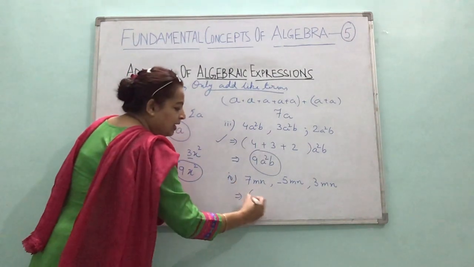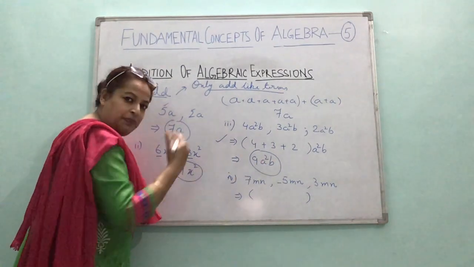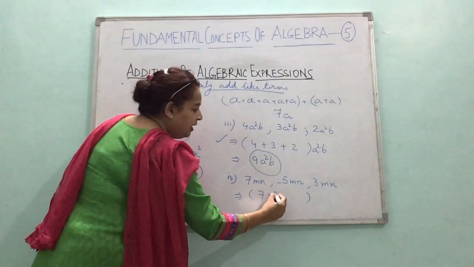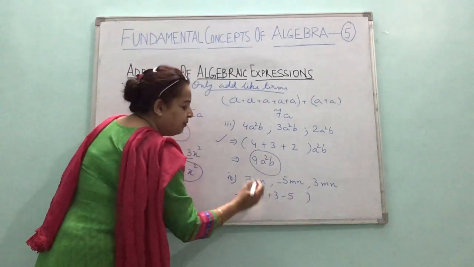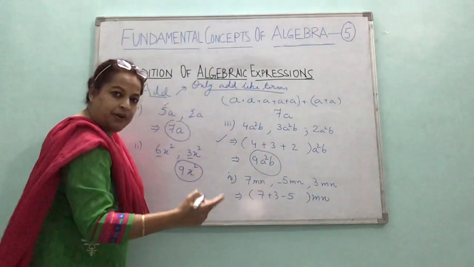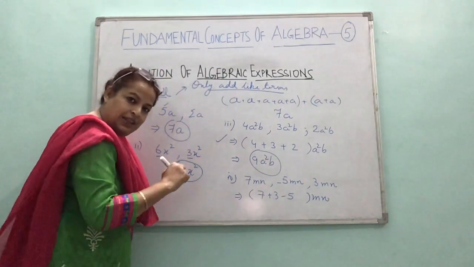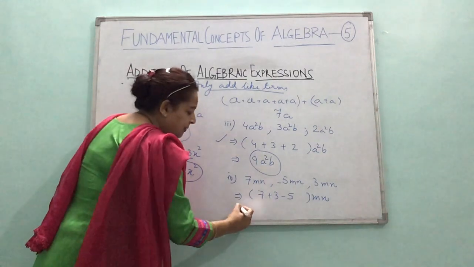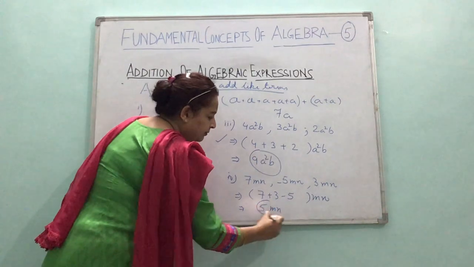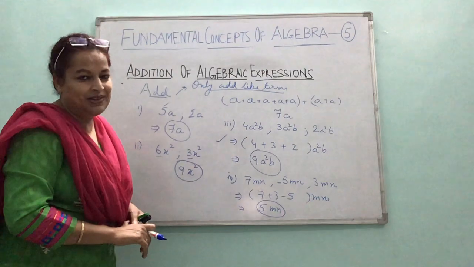The next step. Now, when there are minus ones, I've told you to put the positives first and then the negative. So it is 7 and 3 together and then minus 5. Plus 7 plus 3 minus 5. This literal part, the alphabet part, would remain the same. Now 7 plus 3, 10. First add the positives and put the common sign, and then minus 5. So it will be 5mn. Rules of integers are applicable wherever positive or negative ones are there.